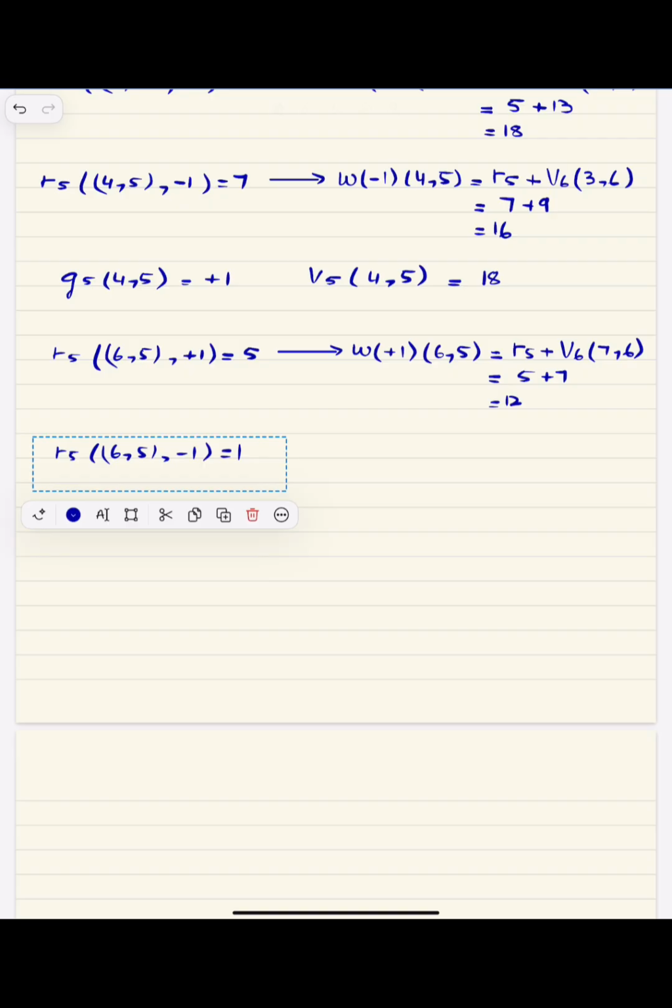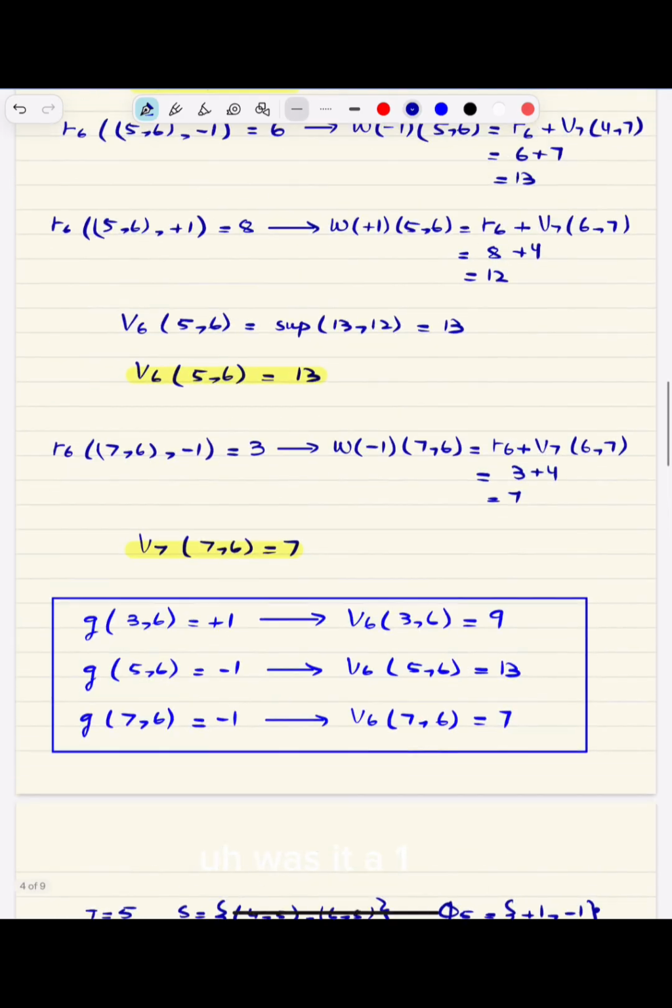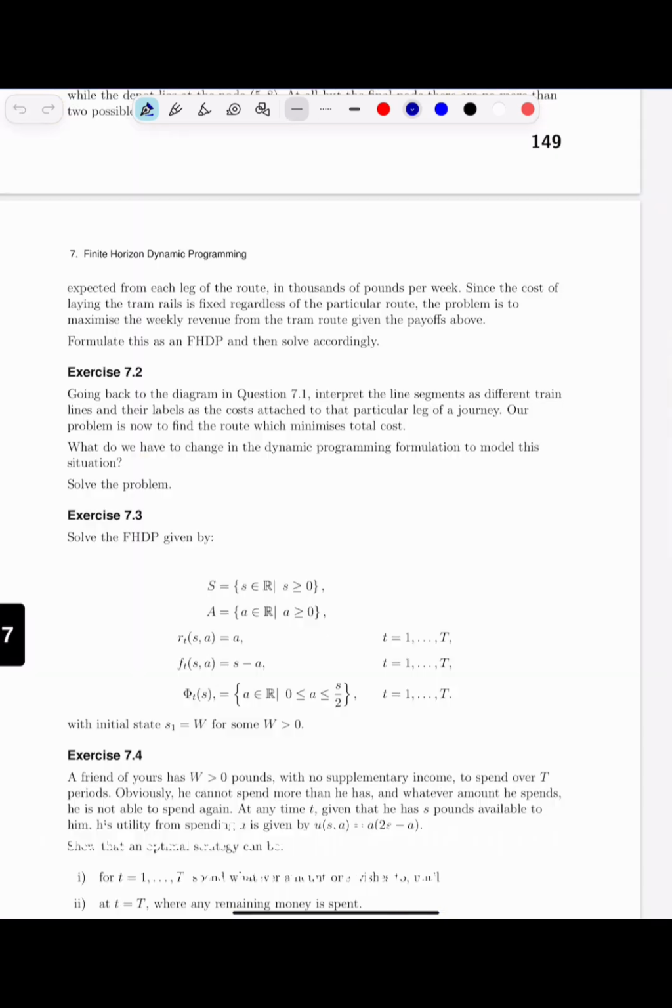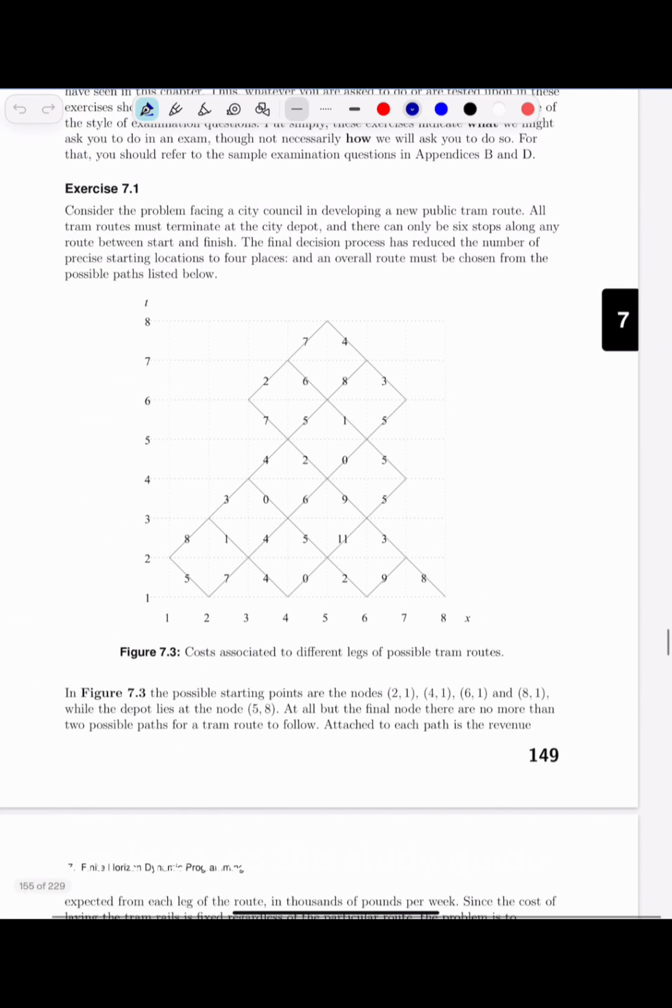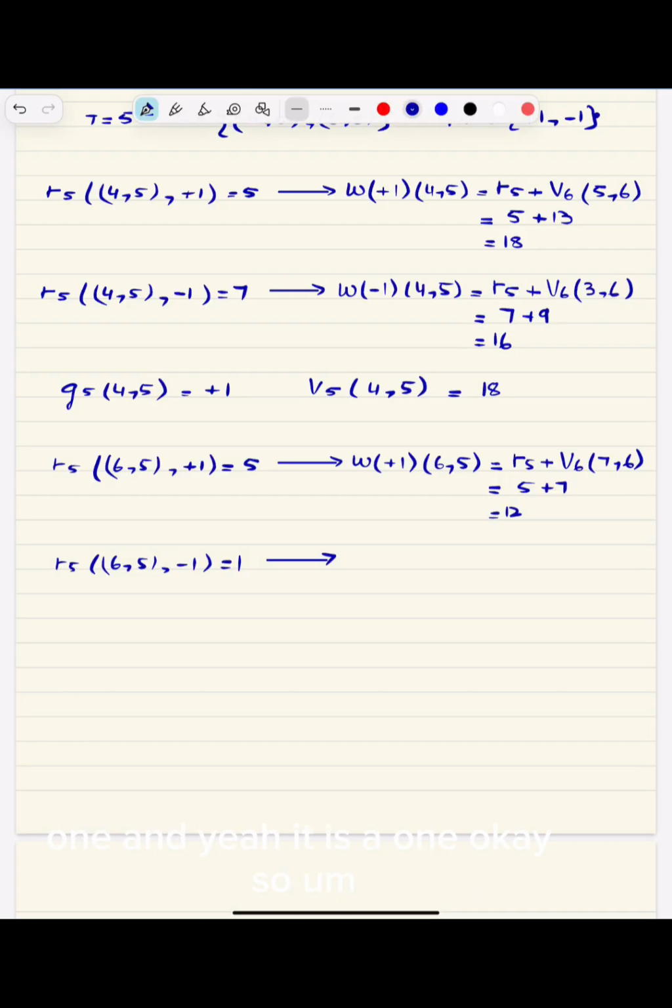And what about this? Why did I write a 1? I don't remember seeing a 1 actually. Was it a 1? I hate scrolling up. Let me open the study guide. This was the study guide. Yeah, I think we were here, 1 and 5. Yeah, it is 1. Okay, so